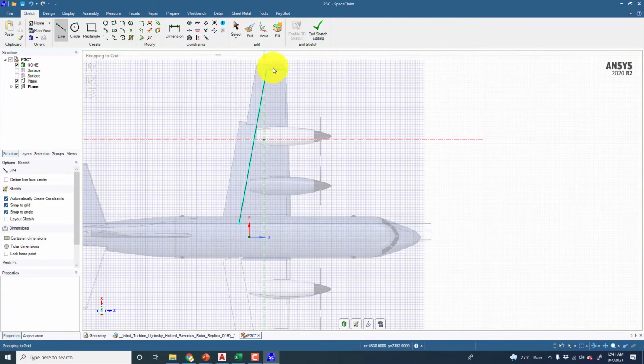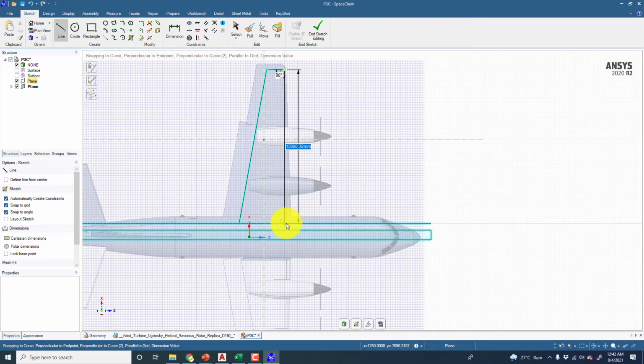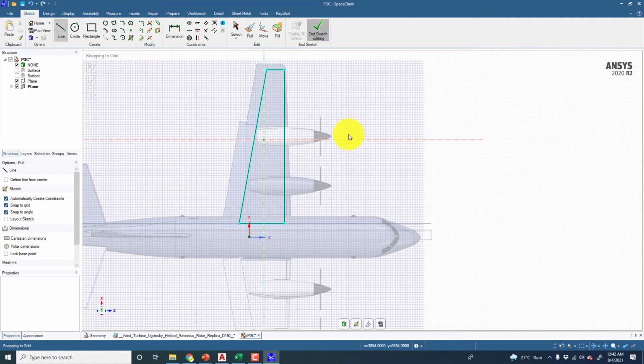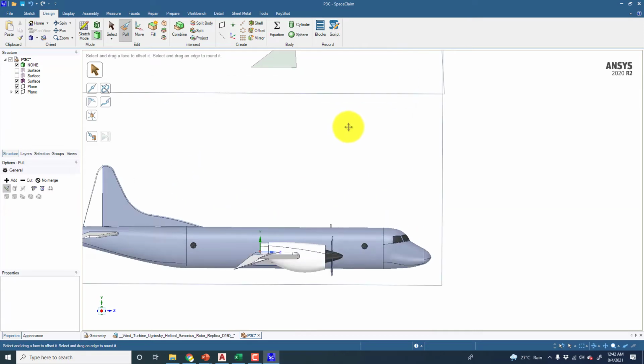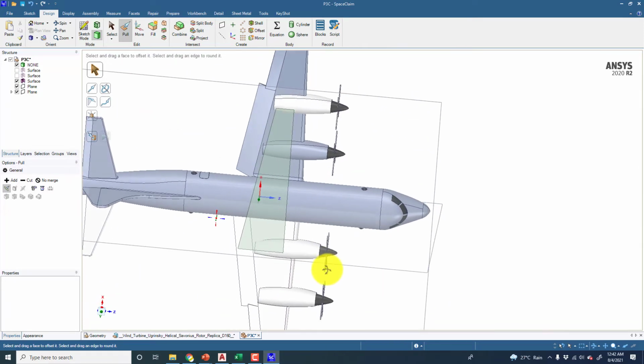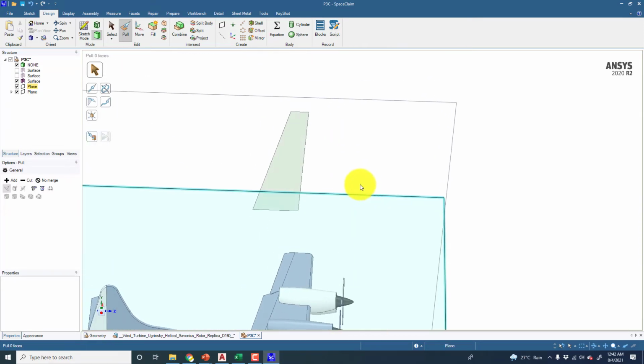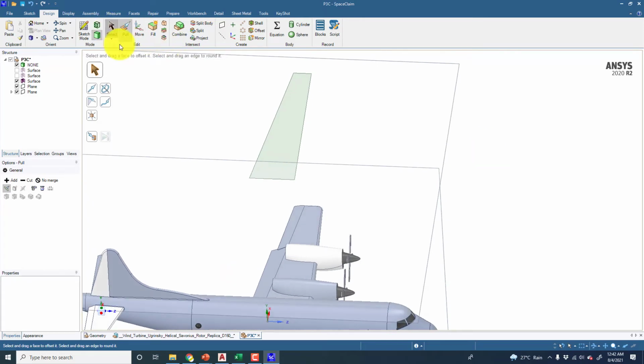Okay, and then I will start from this next end, and I will follow the curvature of this wing, and then join these two parts. Click on end sketching. Okay, so now you can see that this is somehow the projection of this geometry.